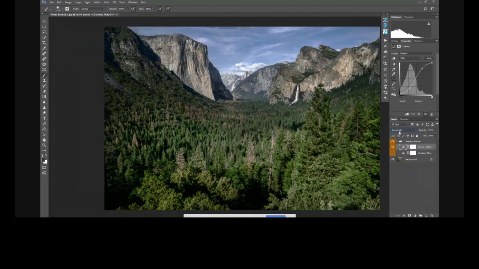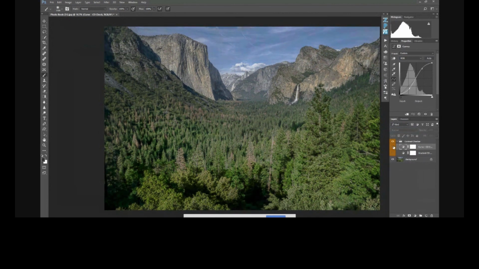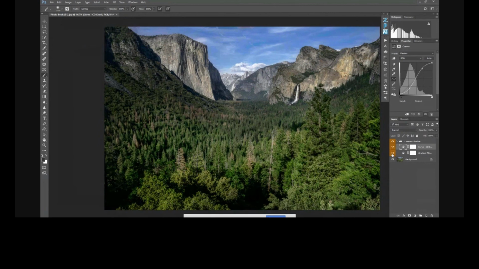Okay, so that's a little bit more on the advanced level there, but that would be like an image out of the camera or something like that. And just with a simple tone curve like this, knowing what we know about black and white images and how we need a black point and we need a white point, you can even bring your white point over a little bit if you want to, bring your black point over a little bit if you want to. Knowing that we need a white point and a black point for our eye to rest on is extremely critical,